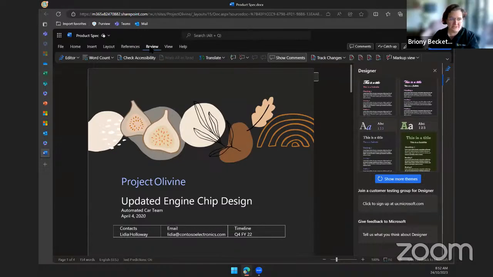I just saw a question there quickly, just before we move on from the sharing. Yeah, so the desktop app will still work the same as long as they've opened it from a link. So you can still do all of the same stuff, and you'll actually see if someone else has got it open at the same time, their little initials or photo will show up, and that works in the desktop app as well.